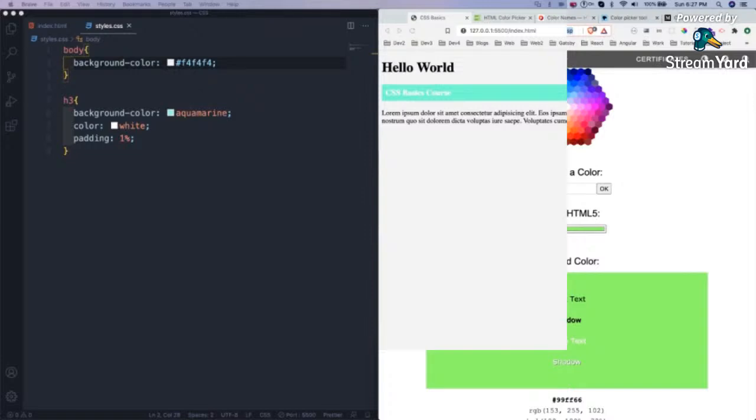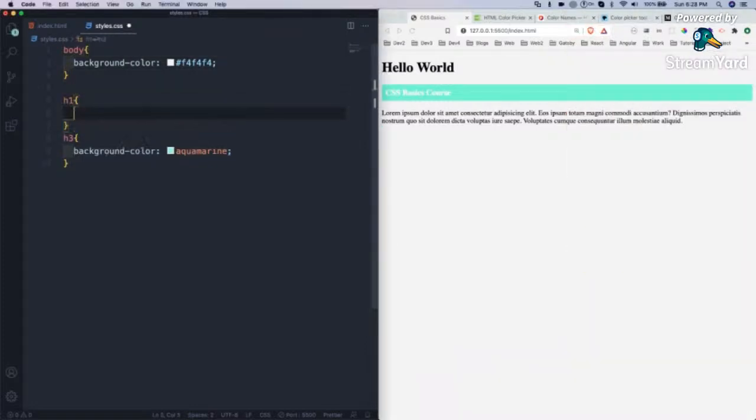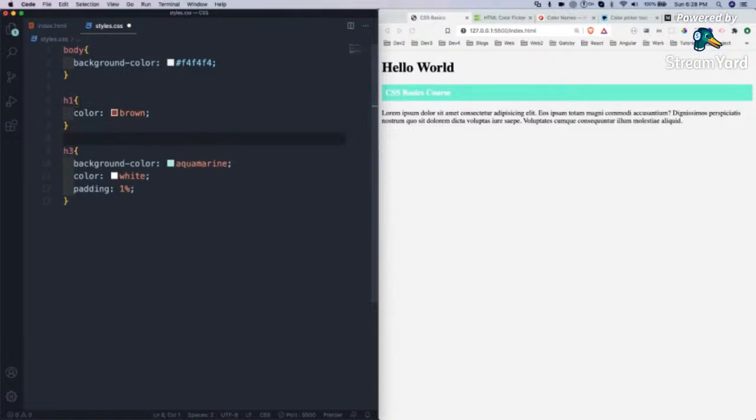The next thing we are going to do is h1 color brown. We can give the color name also, like here we have given, and h3 we have given aquamarine. There are many color names. Where to find those color names?